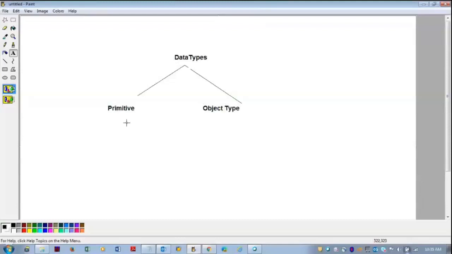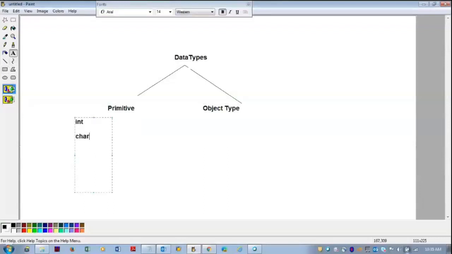So primitive types, I just use a generic term here, like integer or a number, a character or a string, a boolean value, or date type. The other things like float and double, for example, are varieties of int only. Strings are varieties of character. Boolean is a separate one, yes or no, true or false kind of thing. Date is a separate one, which holds the date type.